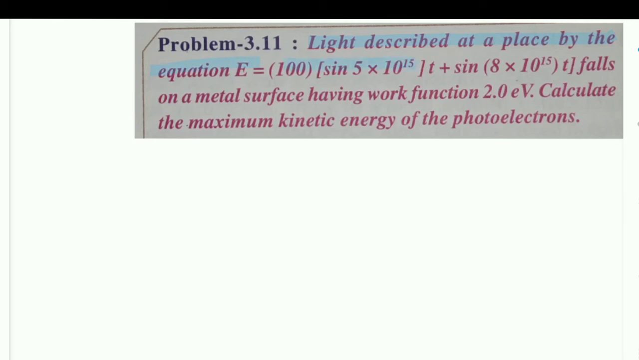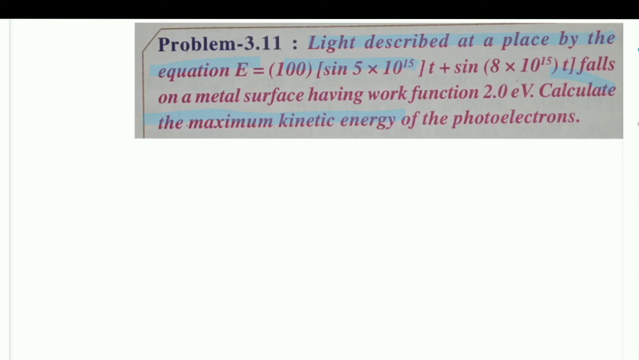Light described at the place by the equation E is equal to 100 sin of 5 into 10 to the power of 15 t sin 8 into 10 to the power of 15 t falls on a metal surface having a work function 2.0 electron volts. Calculate the maximum kinetic energy of the photoelectron. Okay, he is asking to calculate the